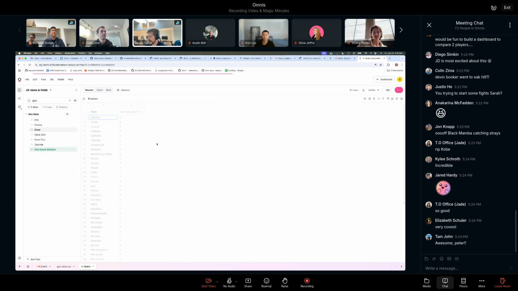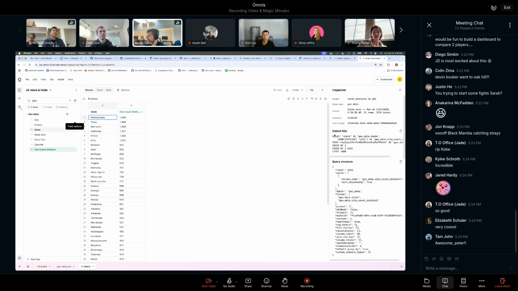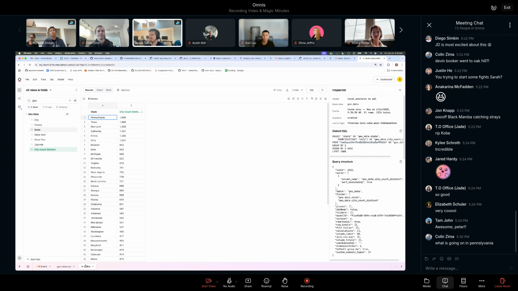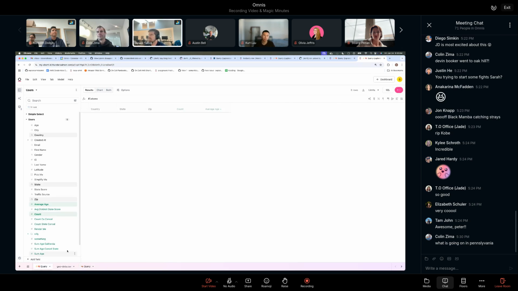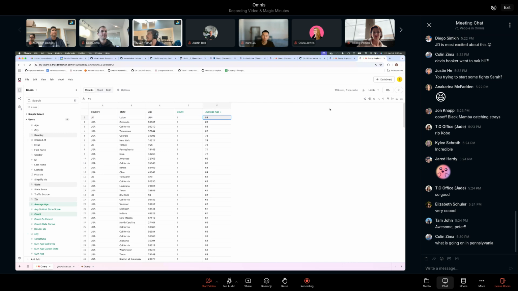So this query, just to orient you: even though I'm in a workbook on Postgres, this query is running entirely on DuckDB on top of the uploaded CSV. But the important thing, right? This is a fun toy. I can query my CSV data. Not that interesting. What's more interesting is I can pop over here,